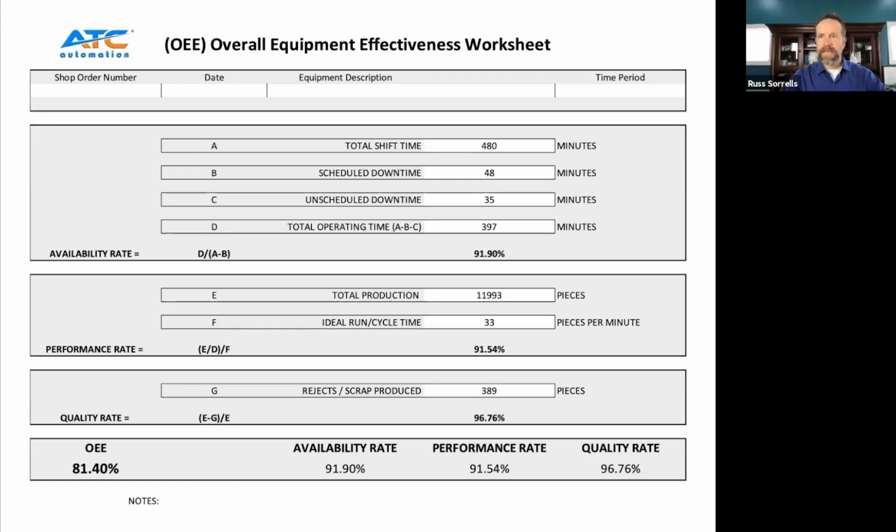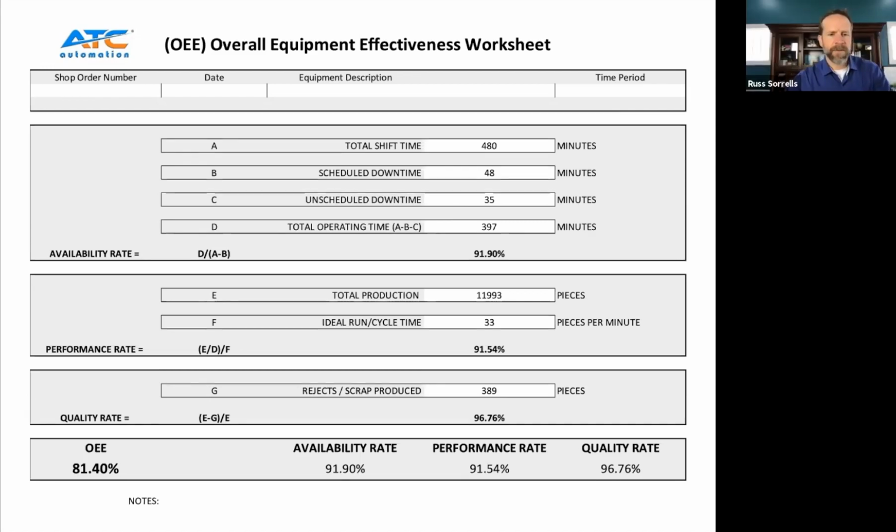Right. Yeah, and that's what I was getting at. It's kind of drilling deep. Exactly right, Russ. So it's not just a one-shot deal. You can't just do it once and say everything's good. You have to really dig down, especially if you're not performing at the rate you expect the machine to rate.